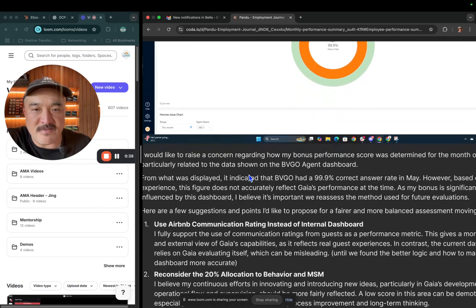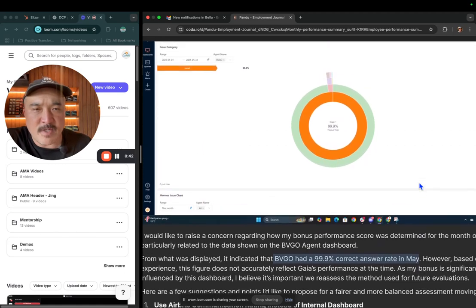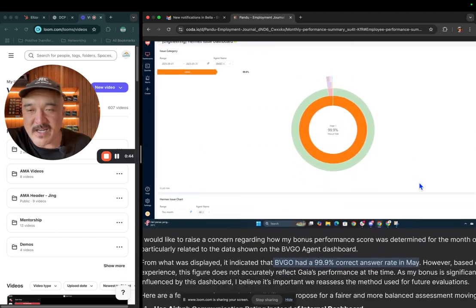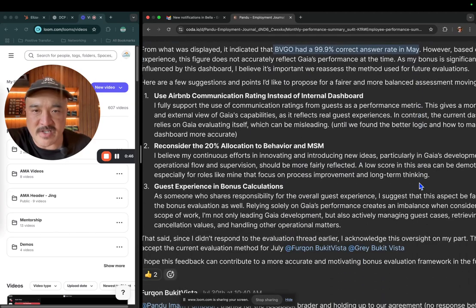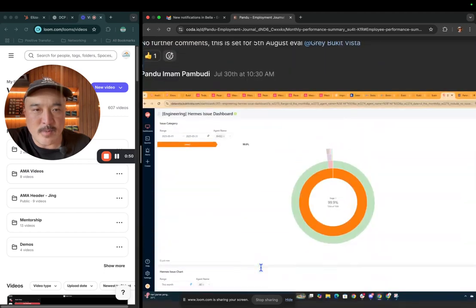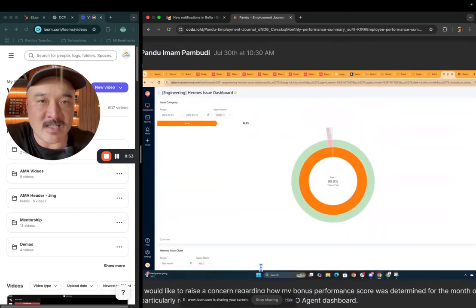Let's talk about the fact that BBGO has this particular answer rate, okay? Your fundamental question should be simplified. This text wall is good. I can understand your point of view, so I'll give you an upvote there. All right. But what's happening is you need to understand something about latency.